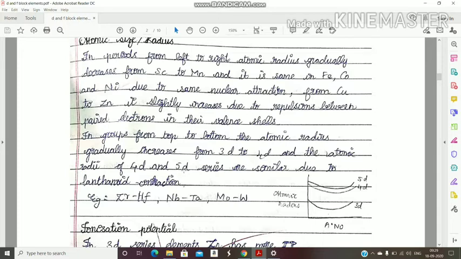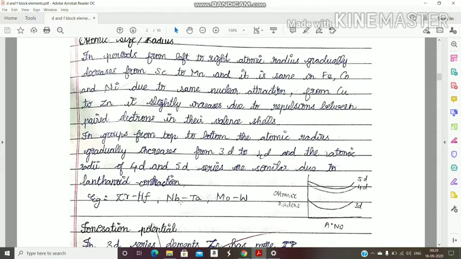In case of 4D series elements, they are having more atomic size compared to 3D. But in case of 4D and 5D, the atomic size is same due to lanthanoid contraction. See, zirconium, this is 4D series element, but osmium, this is 5D series element. Below zirconium, osmium is present. As per theory, osmium should have more size compared to zirconium, but both are having same atomic size due to